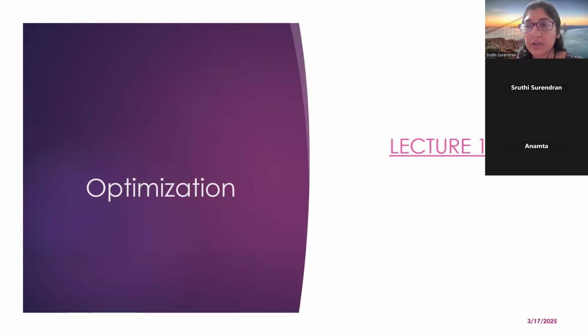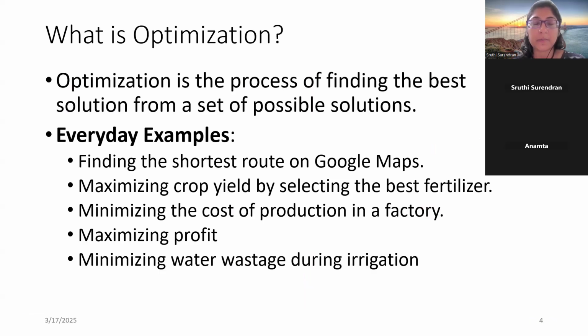This is something that is regularly used when we do crop modeling using measured data and predicted data, and not only in crop modeling, but in a lot of models when we have to validate the model. This optimization is a process that we follow. So basically, what is optimization? Optimization is the process of finding the best solution from a set of possible solutions. When you solve equations, you will have several solutions, and finding the best solution out of them is the aim of